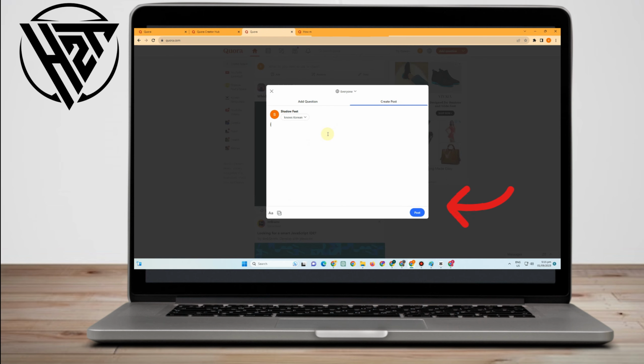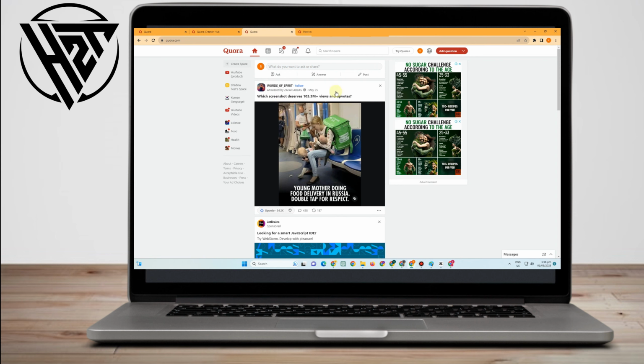Now for create post, you can write something, anything here. And then if you click this A below, it will change the font style, something like that. Okay, so can someone tell me about blah, blah, blah? Okay, and then you can change the font, bold, italic. You can change alignment. Okay, you can insert link URL. You can click add if you want. Okay, and then so on. So you just have to tap any of the features here. And then if you want to add photo, you just have to click this and then import some folders, files,